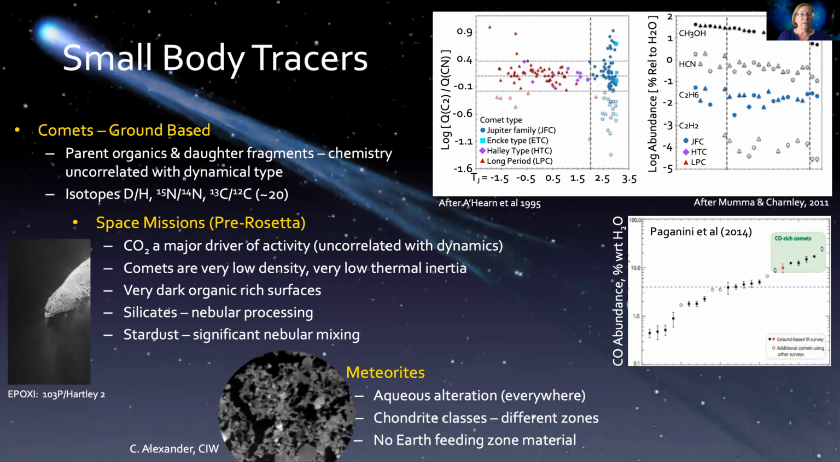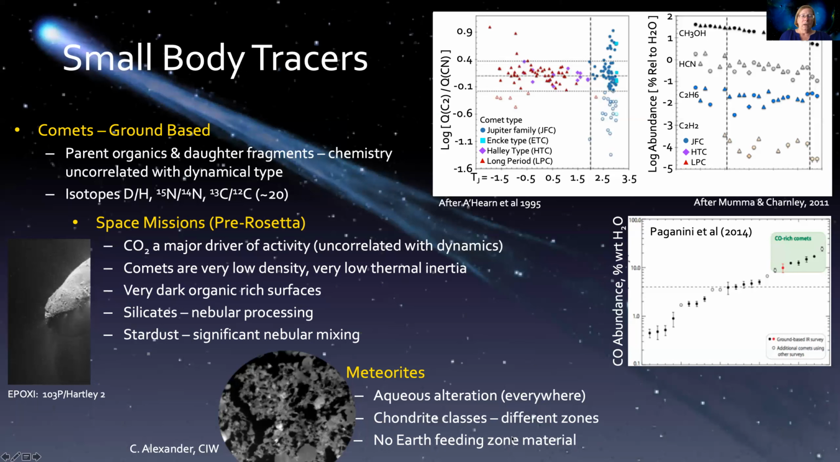They'd been processed, sometimes at very high temperatures. The Stardust mission, for example, showed some of the dust that was found in Comet Wild 2 actually had seen very high temperatures. So this gave us a first clue that there was a lot of mixing going on in the solar nebula. I'm not going to talk too much about meteorites, but for completeness here, I just wanted to mention again,